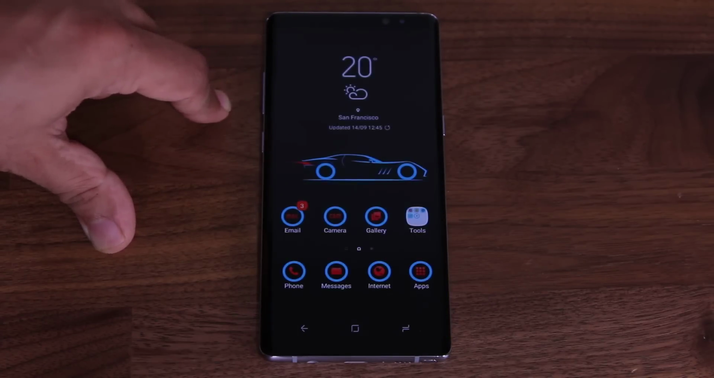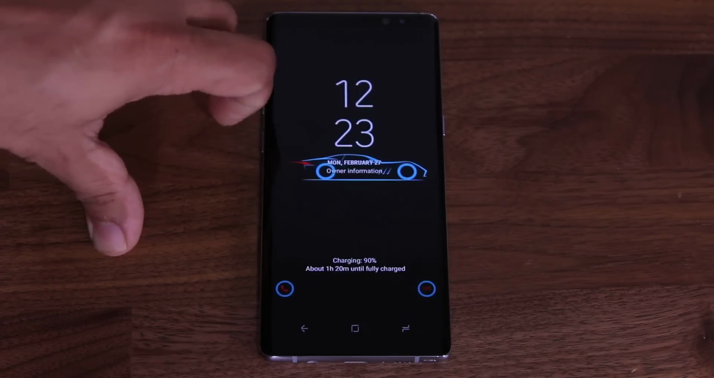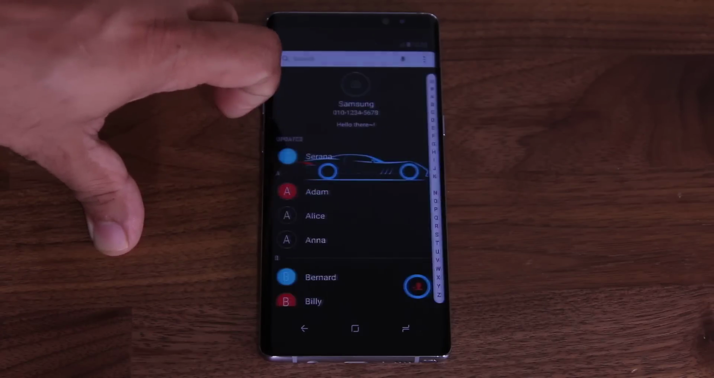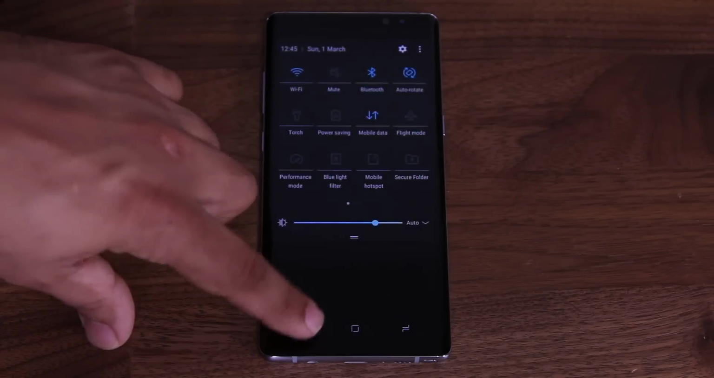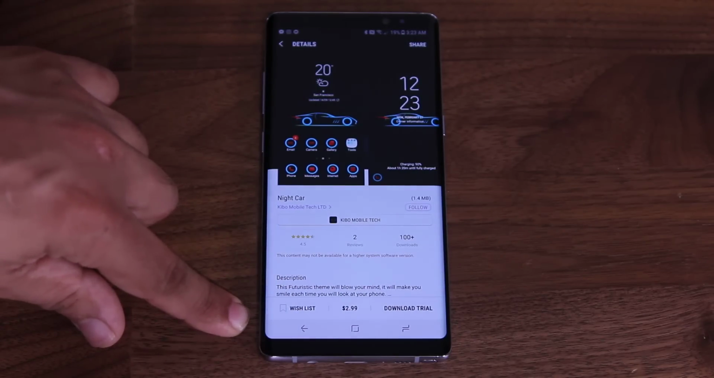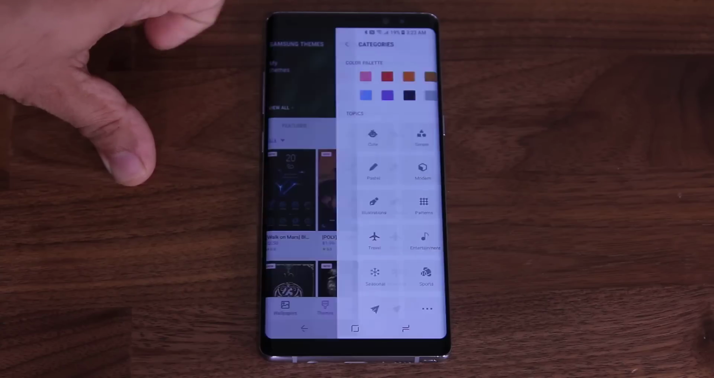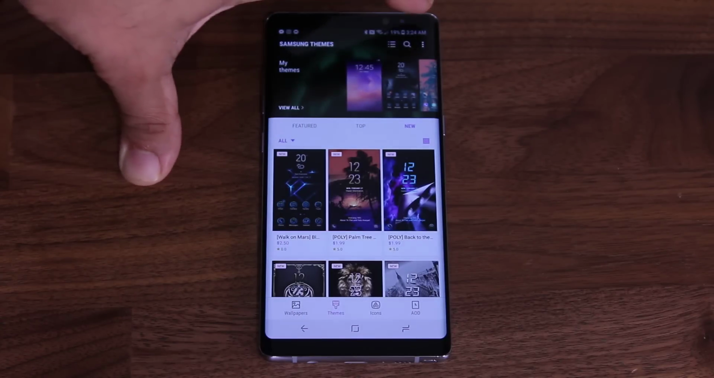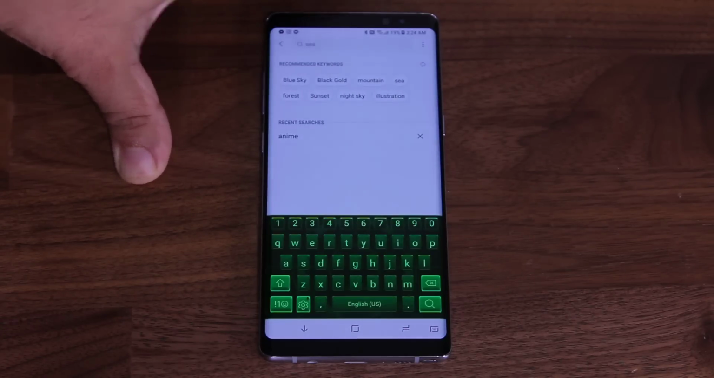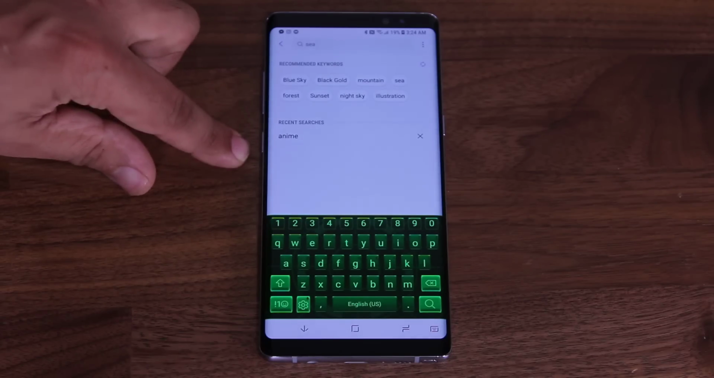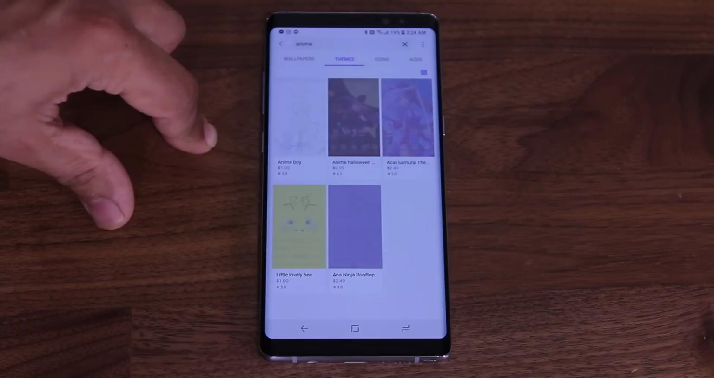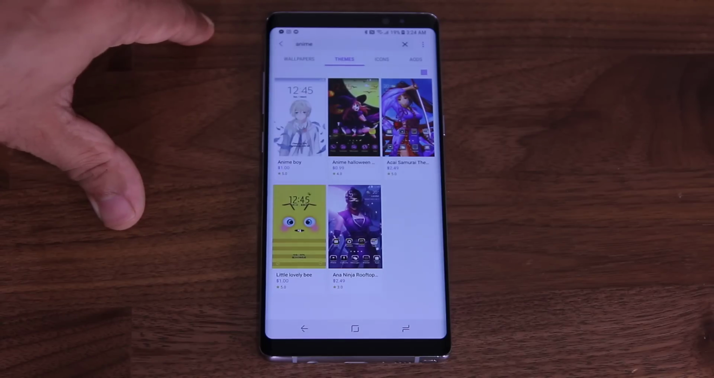Tap on that. Now that's a very nice, futuristic, and clean looking theme. Let's see. It is paid, so you would have to download the trial to see if you like it. Alright, so that's one thing. You can search by category, and then you can also tap the search icon and just search whatever you want. You can search for anime, so if I search this guy, it's going to bring up anime related themes as